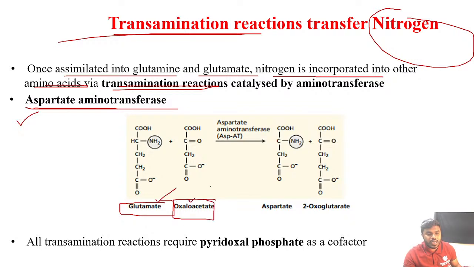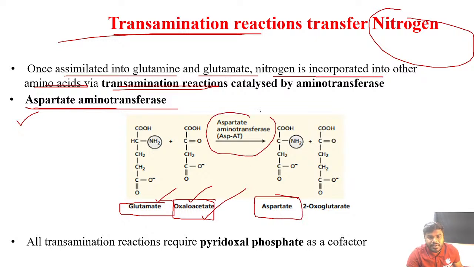with the oxaloacetate. Sorry, there is an alarm sound coming. When the glutamate combines with the oxaloacetate, immediately what is going to happen, friends? See here, what is the enzyme involved? The enzyme involved is the aspartate amino transferase enzyme. Now this enzyme's function is what, friends? It will just transfer this amino group to the aspartate. See, now glutamate is converted into aspartate, and the oxaloacetate is converted into